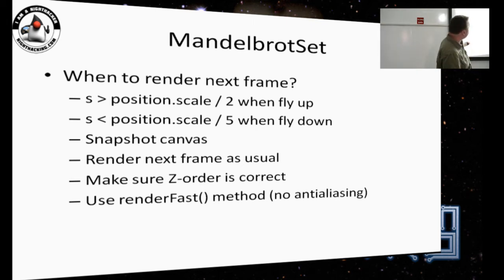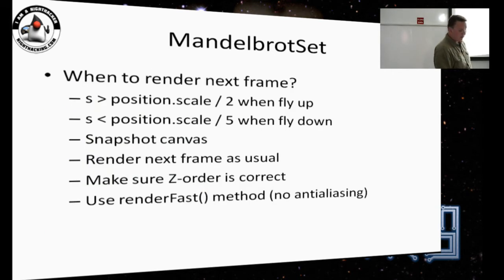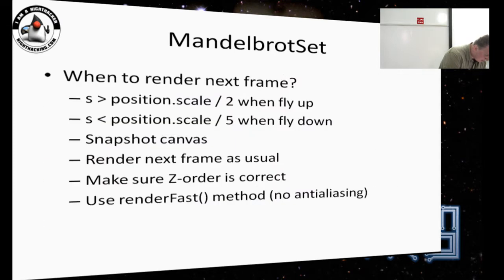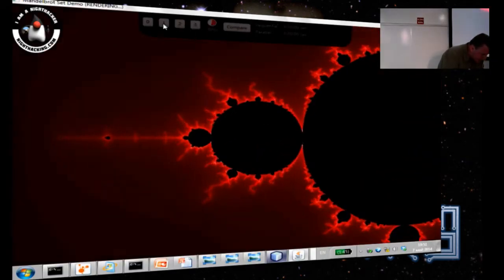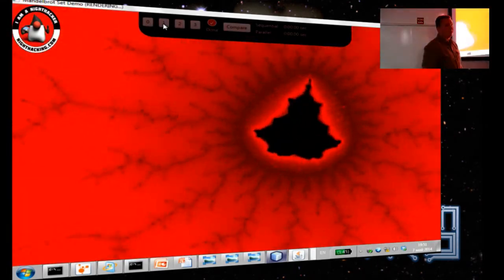And we ensure that these 3 objects are all set in the correct Z order. By default, JavaFX 2D Z order is determined by the order in which you place nodes into the parent, so we need to ensure that the order is correct. And no anti-aliasing. So I don't know how clear this is, but that's about how this animation was created. If there are any questions, can you pass the mic, please?